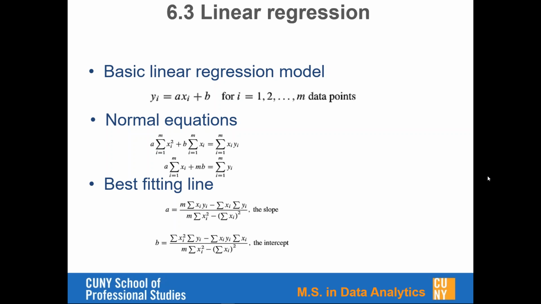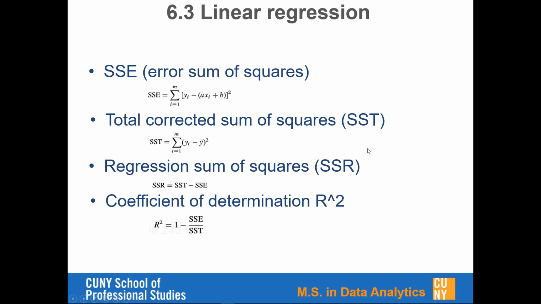But the idea that I'm telling you is that the best fitting line is a formulation of a minimization problem, and then you take the partial order derivative, and you find that a and b should be equal to these. That's the solution of the partial order derivative equation set. And then if we continue here,